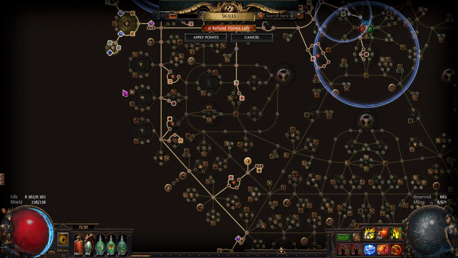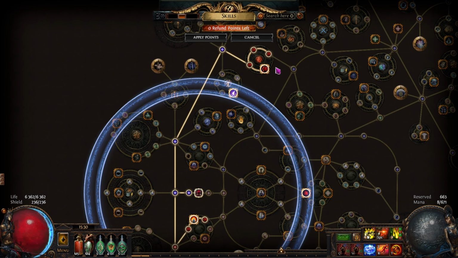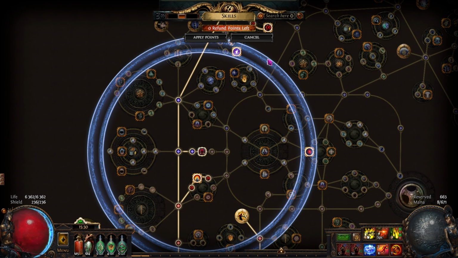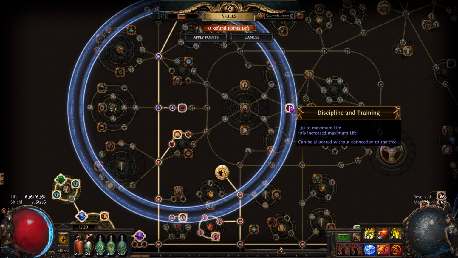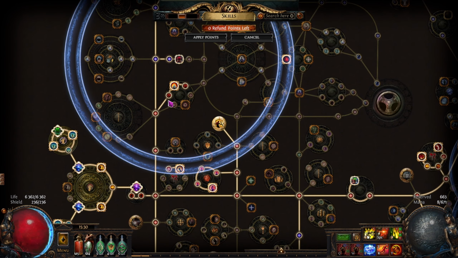So this is typically what the tree will look like. If we start at the top and work our way down, we take quite a few life nodes, then we use a large Thread of Hope to grab some reservation, some life, and some physical damage overwhelming. Then apart from that, we pick up some life over here,